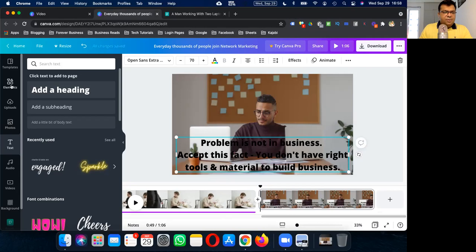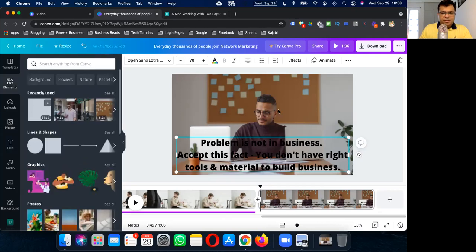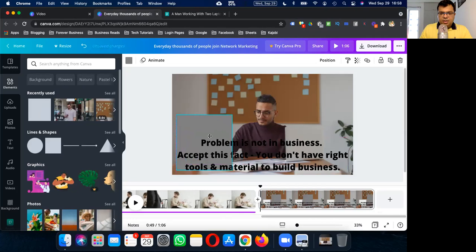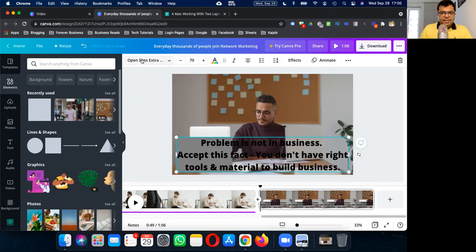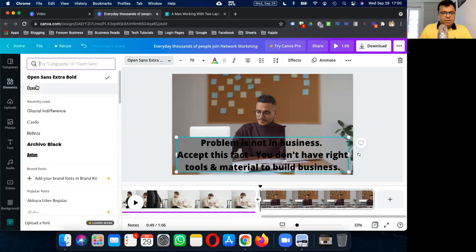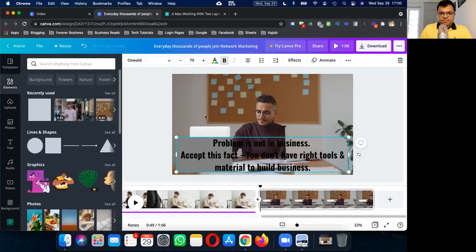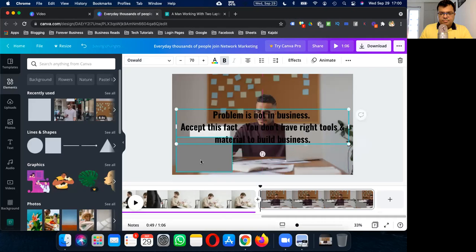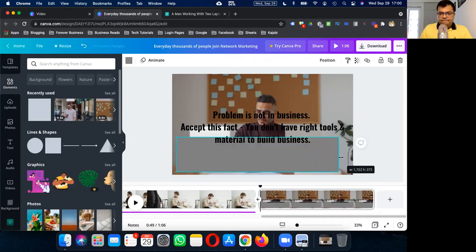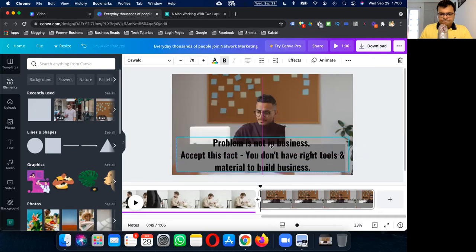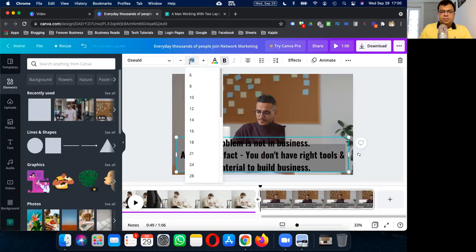Now I'm going to again use an element, this one. Let's again change this text to Oswald, bold, like this.